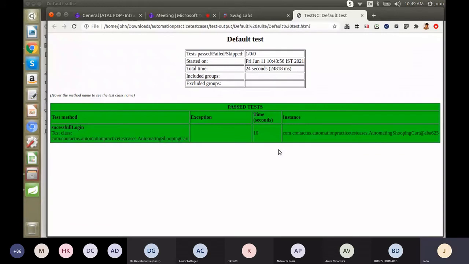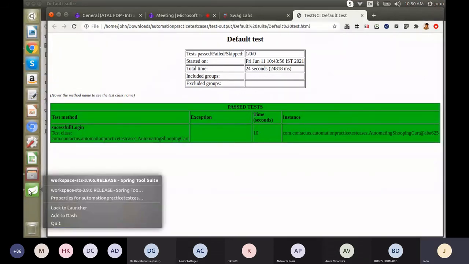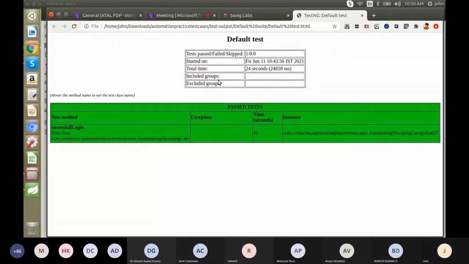Okay, so this report we have to send to the higher officials. So we have a lot of test cases now, more than one for an application. So we have to write 50 or 100 test cases. So it will show here how many test cases passed and how many failed. If you want to validate manually, it's difficult. So only with the use of TestNG, we can write many tests. So anytime we can run our scripts on the server. Okay. So this is a high level report. So we can write many test cases also. Okay, let me close this.